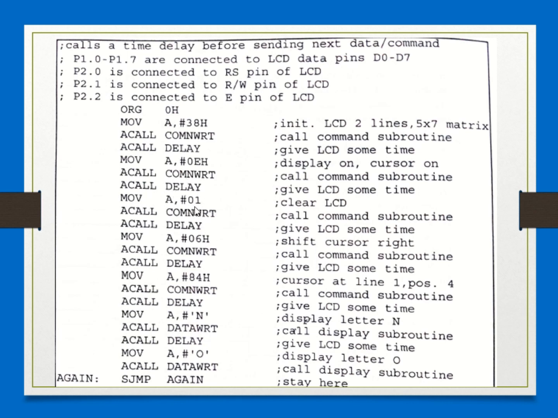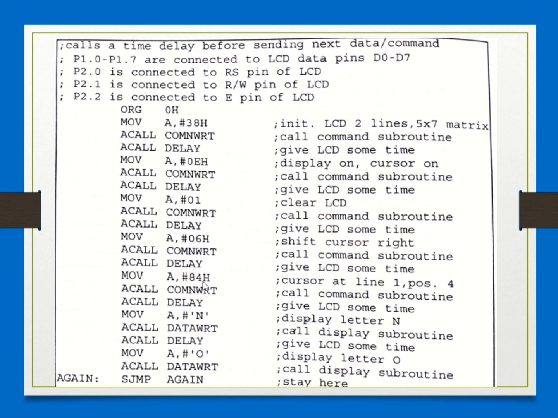Then you give a new command, 01, clear LCD. Remember the first command, clear the display. You send that to A, call the subroutine and wait for some time. The next command is 06, shift cursor right. You take this command to the accumulator, call the subroutine and delay.